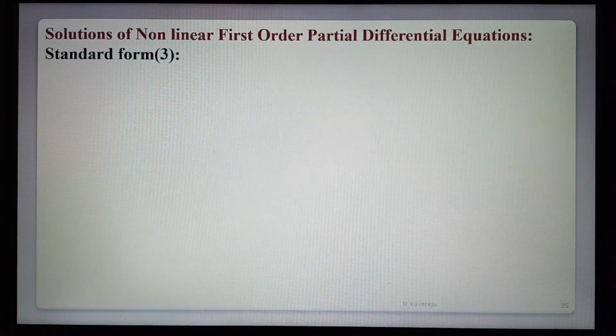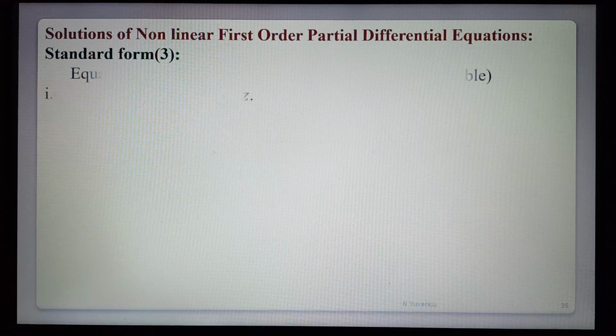Hi students, today in this lecture we are discussing the topic: solutions of non-linear first order partial differential equations, standard form 3. In the previous lecture we completed standard forms 1 and 2. So now here is standard form 3. First of all, equation of the form